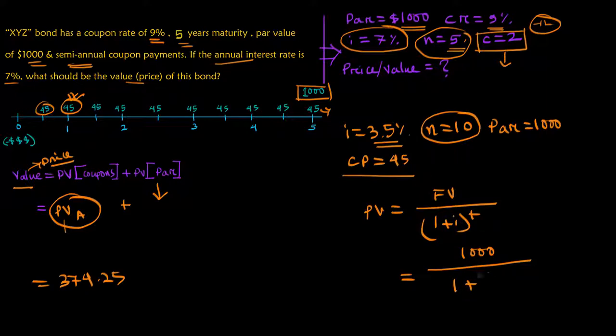Interest rate is 3.5%, and the t, or the period, is 10 periods. Now the result of this is 708.92. So add this with the present value of the annuity, and the result is